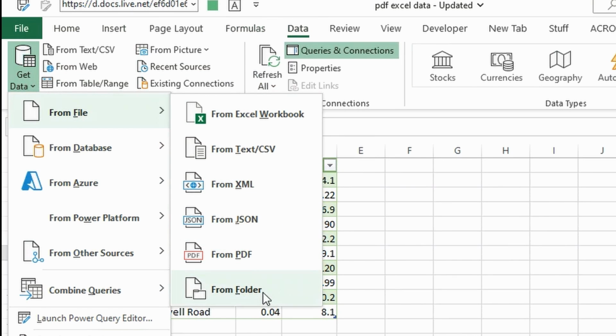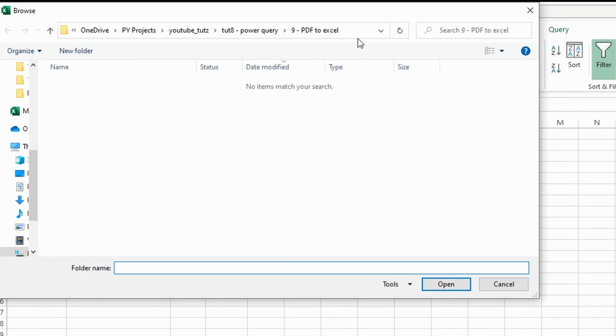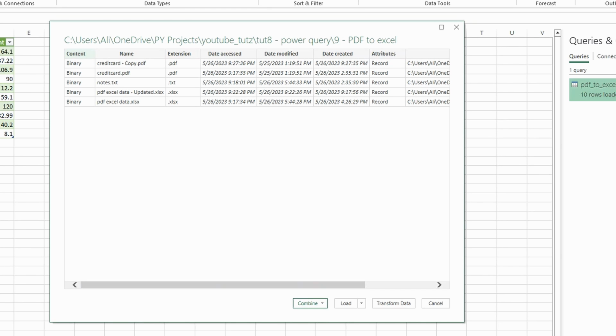From file, from folder, and we will give it the folder where we would like to dump our PDF files, which is the folder that is currently selected. Click on open. This opens a new dialog box listing everything within the folder. It also gives the option to combine, load, and transform data or cancel. Since our folder has Excel and Notepad files in it as well, we cannot directly combine these, so we click